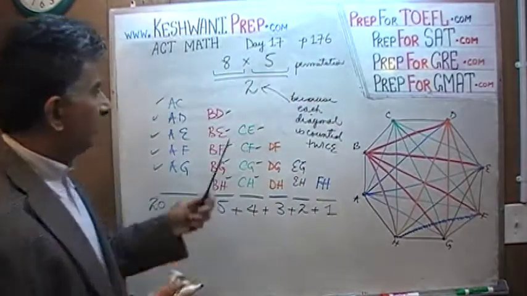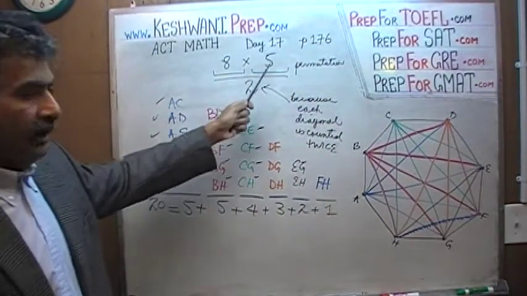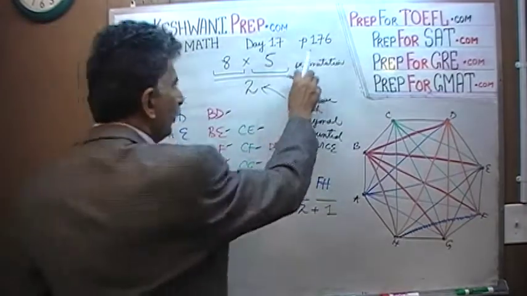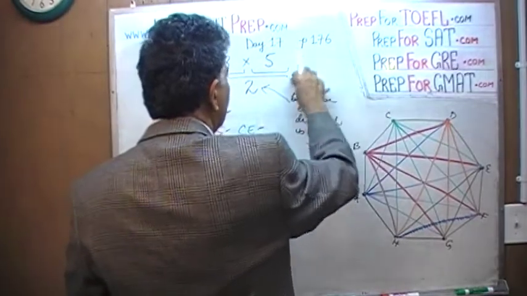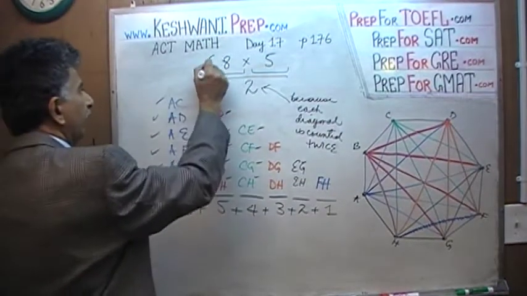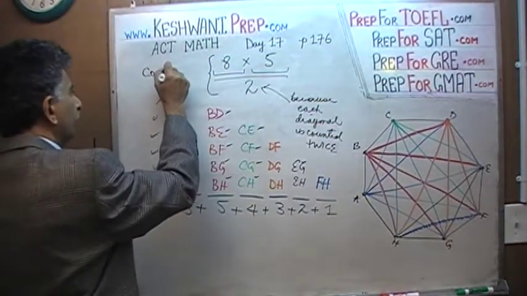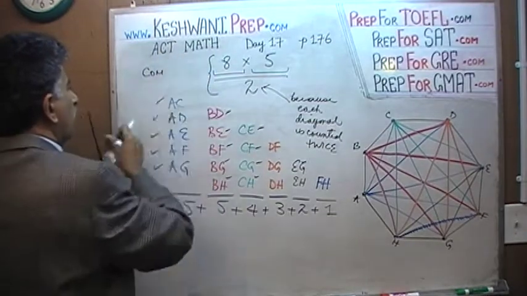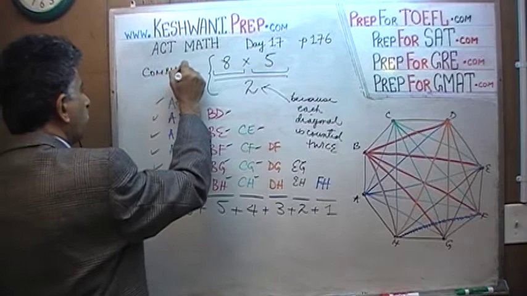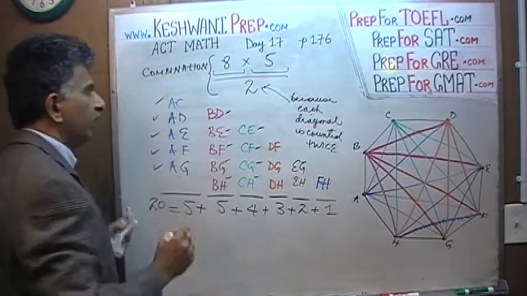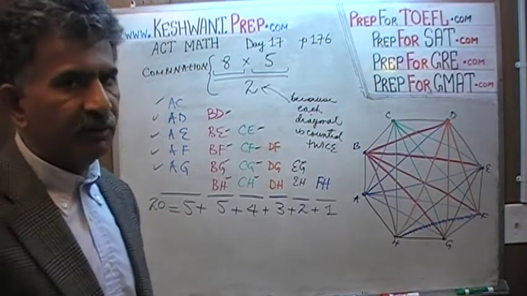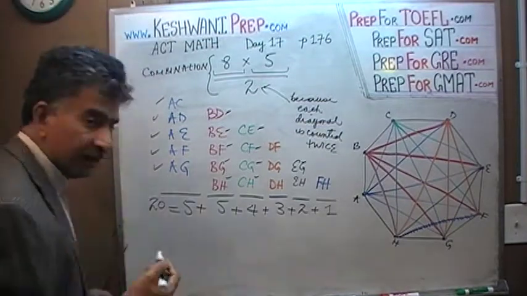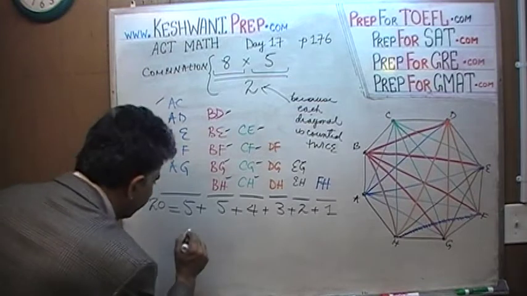And when we divide it by 2, and hence disallow the repetition, it is no longer called permutation. What we have here is what is known as combination. Combination does not allow repetition. I'll give you a mnemonic device to remember it. It's very simple. Just remember: